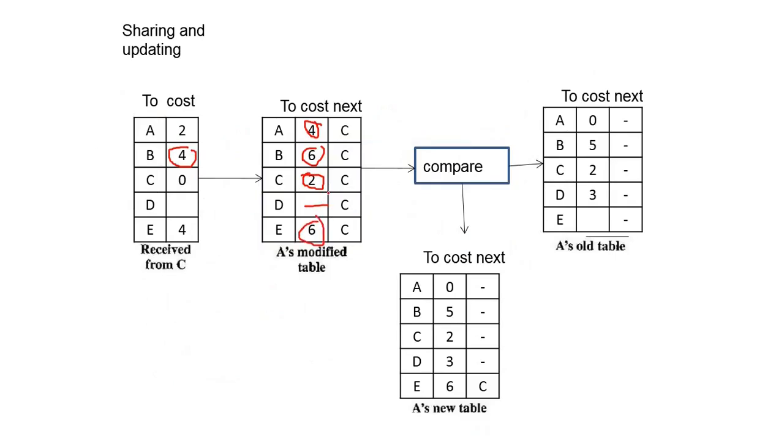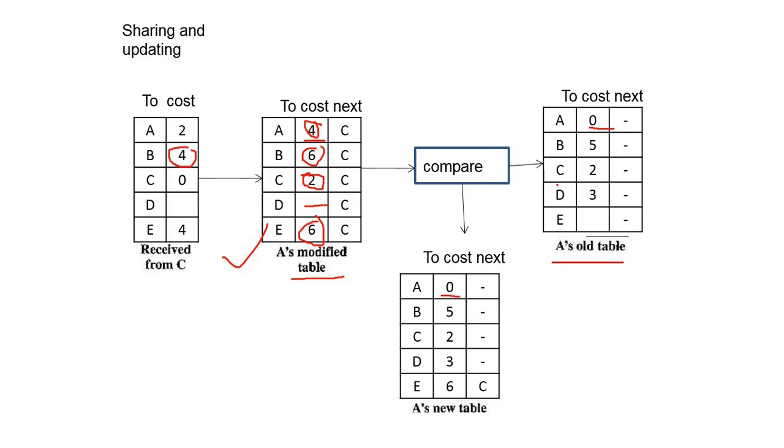So that is A's modified table. And we have A's old table and A's modified table. So it is not necessarily always true that the modified table is the right one. Because let's see, we will compare the distance of A. So here it is 0 and here it is 4. So we cannot go with the modified table. We have to compare both the tables, the older one and the modified one, and we will choose the minimum. Here 0 and 4, so we will choose 0.